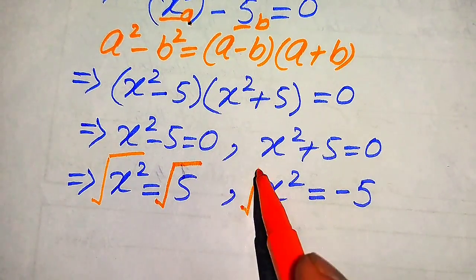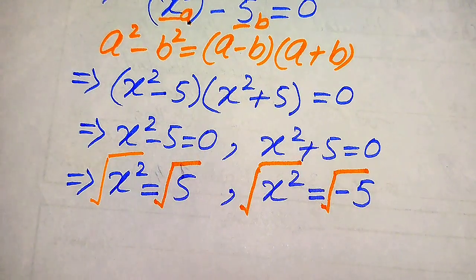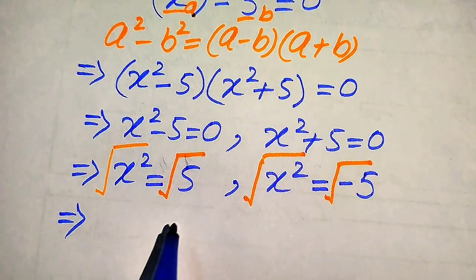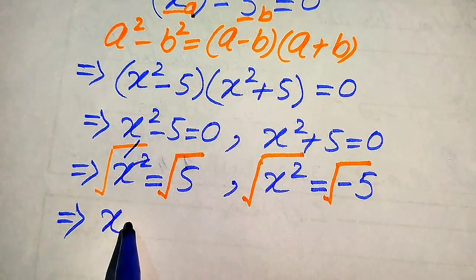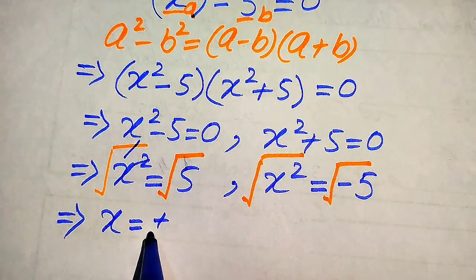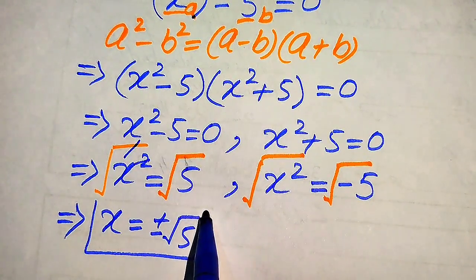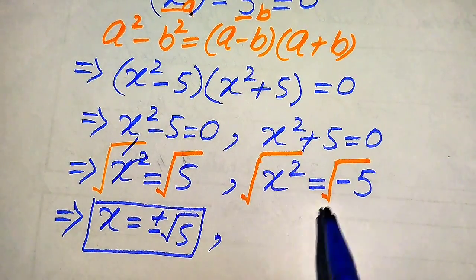Okay, so here we take a square root on both of the sides, and you know that when we apply square root on both of the sides, we write a plus minus sign on any one of the sides. So this 2 and this square root are gone, and we write here our x is equal to plus minus square root of 5. So these are the two real roots of the given equation,